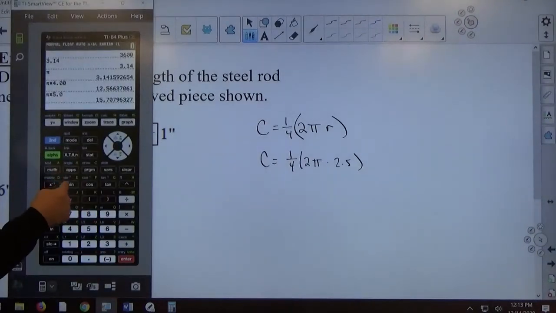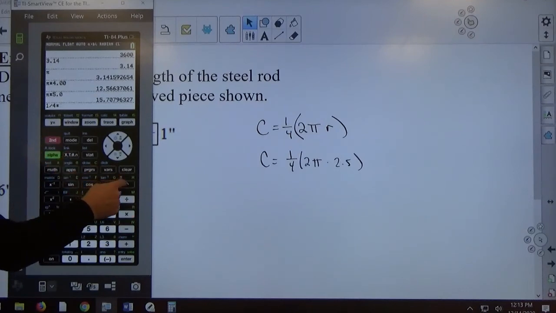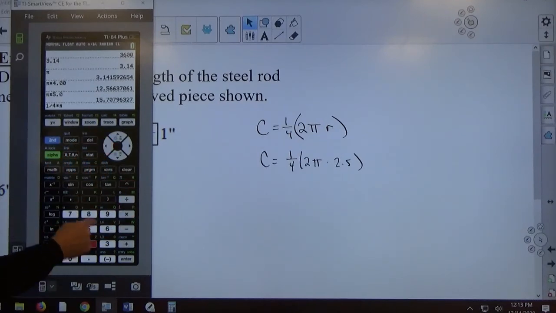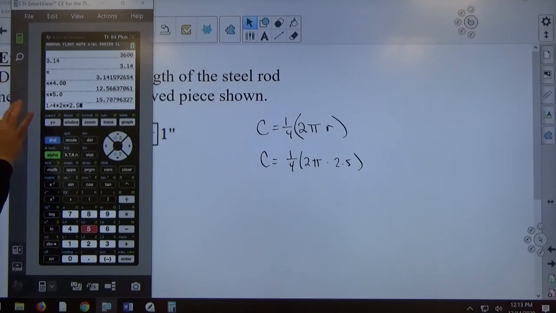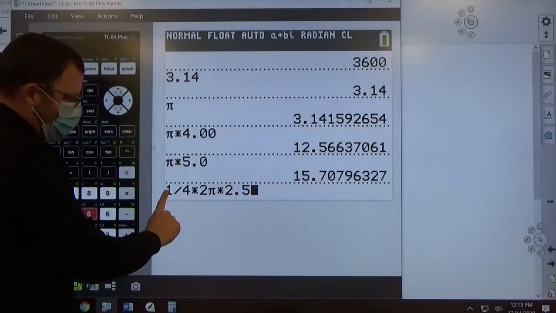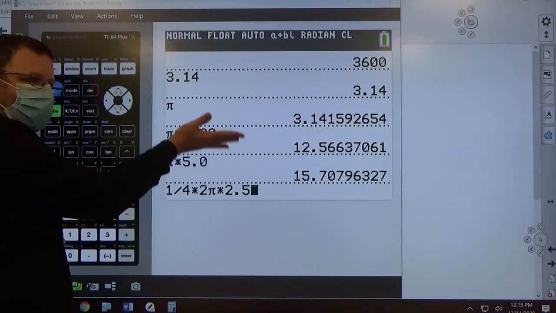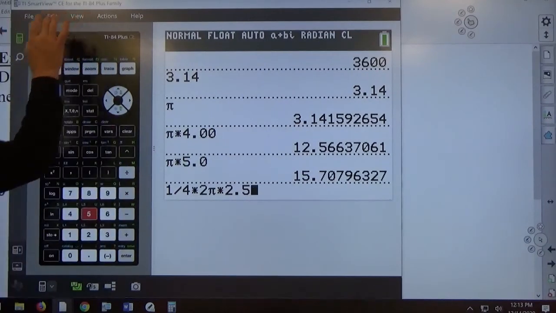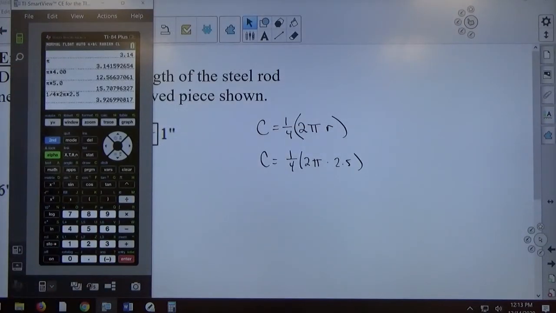I grab my calculator, I type in 1/4 times 2 pi times 2.5. Let me go large size so you can see this. On my calculator, I type 1 divided by 4. The only number on the bottom is 4. Once I hit times, now it's putting things on the top again. So it's fine to type it all in at once like that. Hit enter, and the answer is 3.93